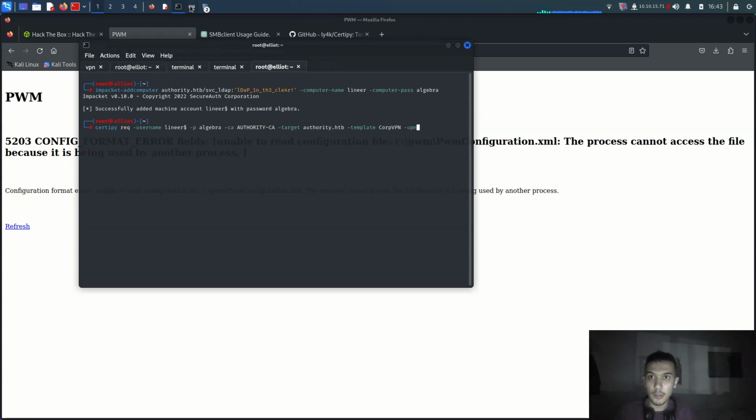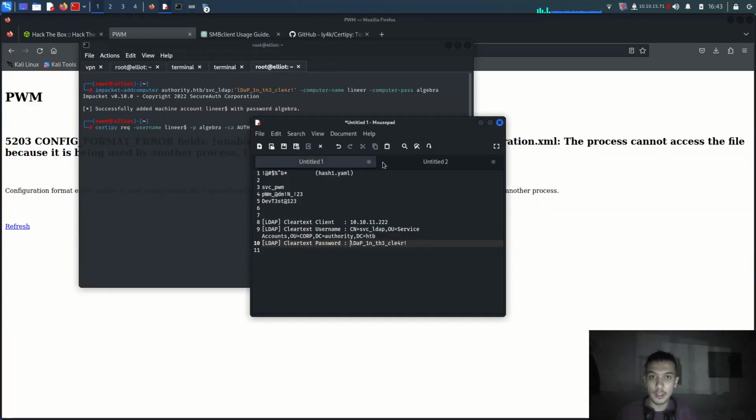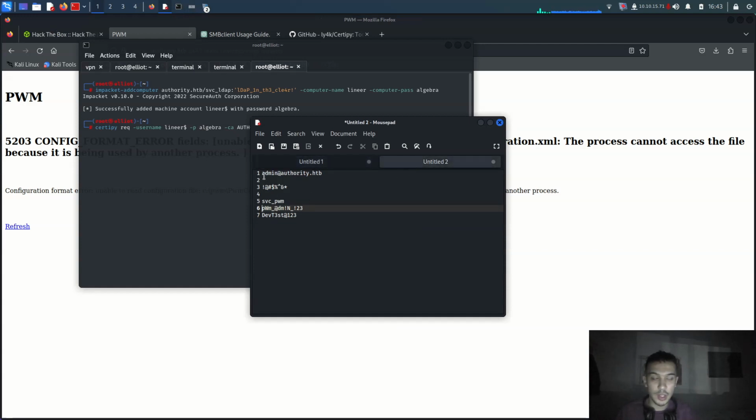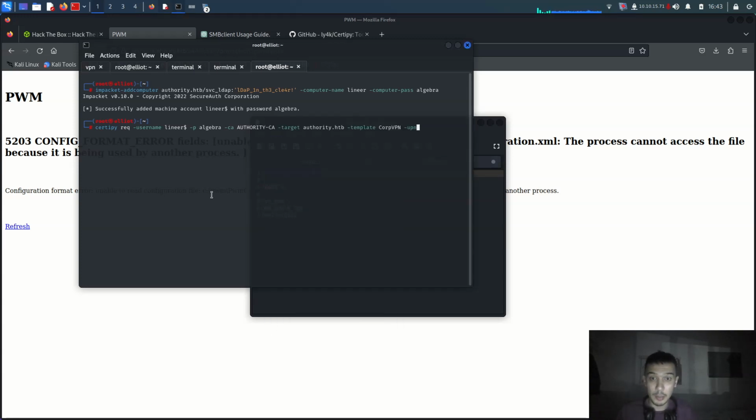If you remember, we saved it here as administrator@authority. Alright, so it's definitely administrator@authority.hackthebox for the UPN here. Now it's time to add here the DNS. What is the DNS? If you remember, it is authority